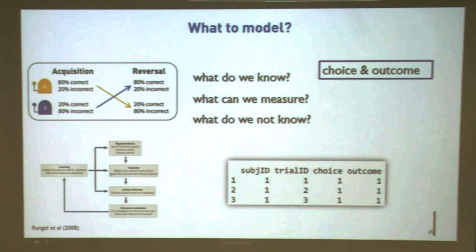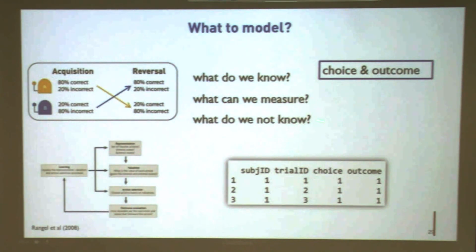So you have your participants, and you have your trials. Each person is repeating their trials 80 times. And each time, what are the data? The essential data just are two variables. One is the choice, the other is the outcome. So blue and yellow, which one you choose? Blue, okay, you get a reward. So this is the data. You choose blue, you get a reward, choose blue, you get a reward, choose blue, you get a reward. And maybe there's a punishment coding. So those are the data.